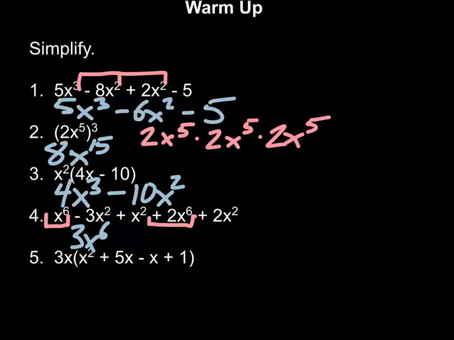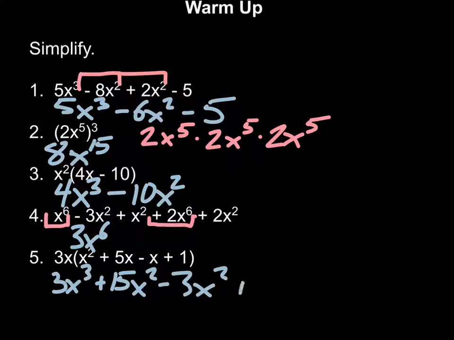All right, and finally, for our last one here, there's actually 2 different things we can do. On number 5 then, I think I'm going to start by distributing in the 3x. Now, it's not the only way you could have started, but it's the way I'm going to choose to start here. So if you do that, you should end up getting 3x cubed plus 15x squared minus 3x squared plus